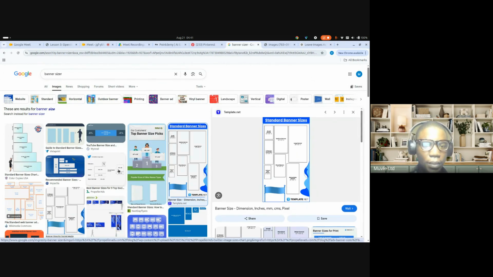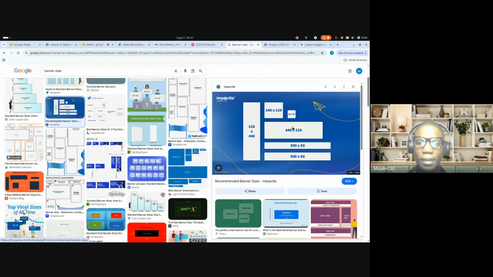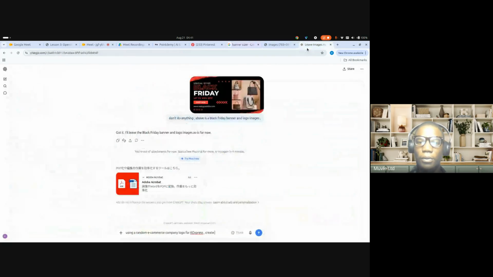These are standard sizes, and this is the standard size I will use now. See this one, 550, 560. I'll be using 500 by 60. So I'll go back here, create 500 by 60